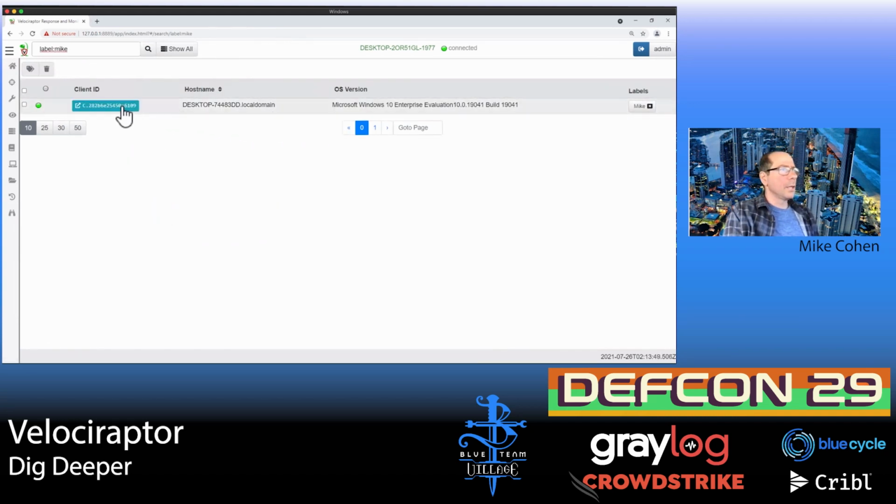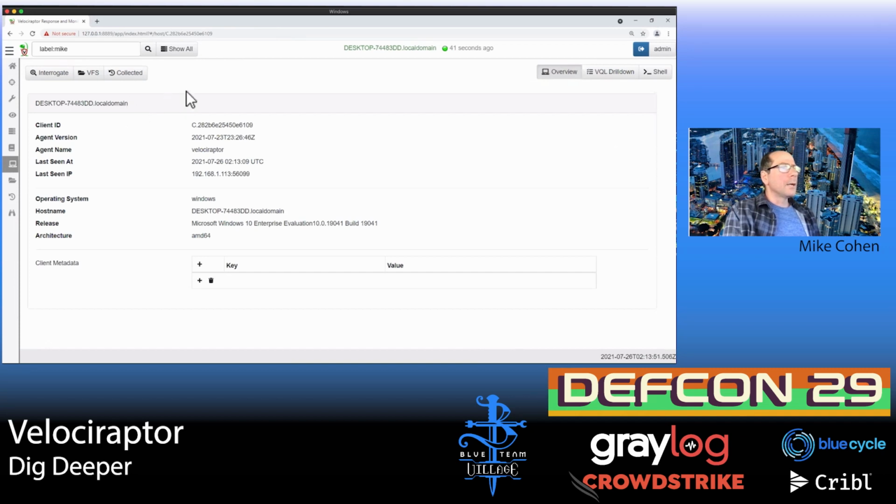So this is the machine here. And now I'm just going to look at that one machine. Over here on the top, I've got the host name of the machine, and it says connected. So it's now connected to the machine. We don't really poll, we are directly connected to it, so when we task it, we can immediately